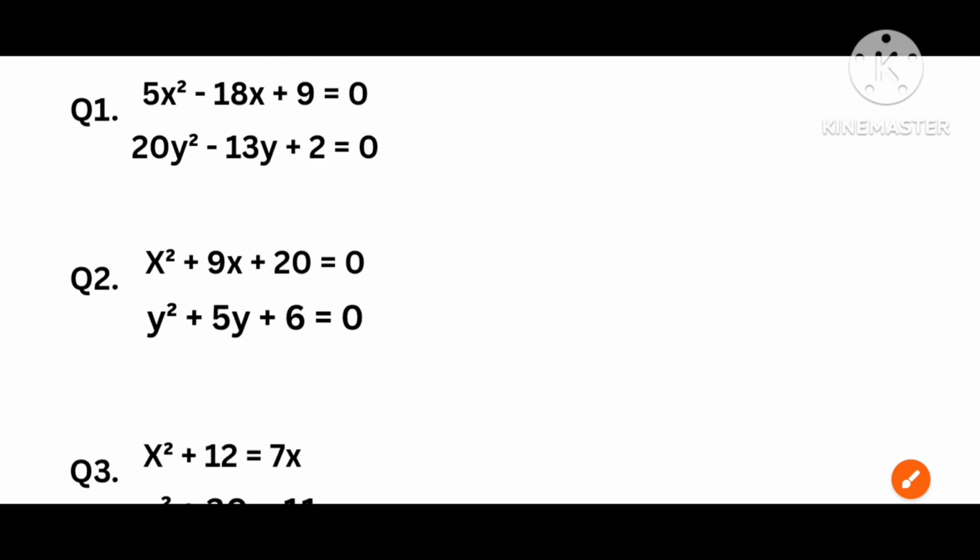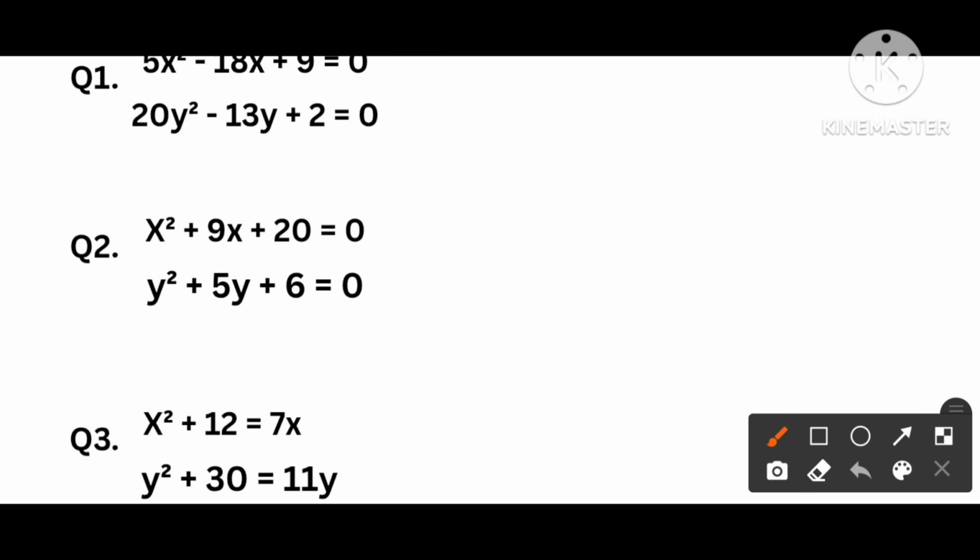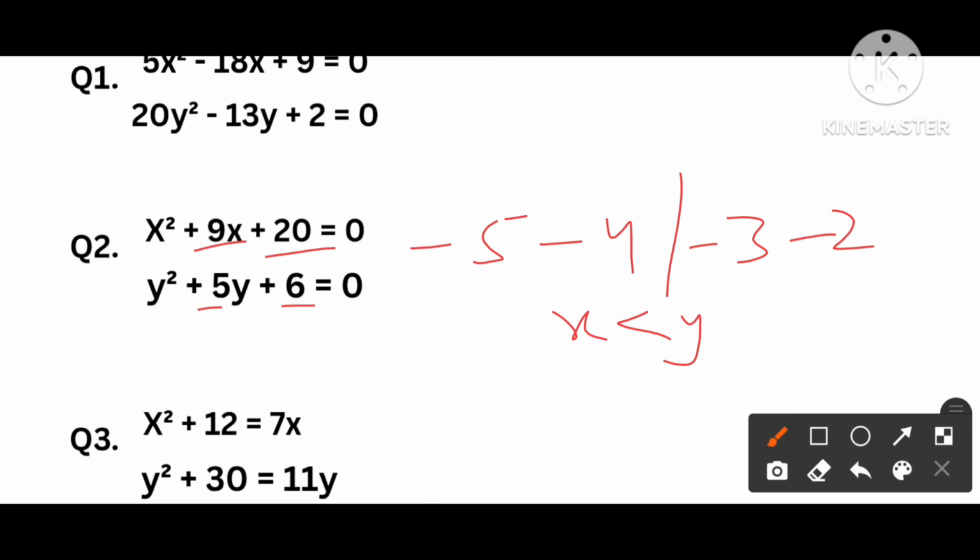Next we are moving to question number 2. Question number 2 says that 20 means 5 times 4. Plus and plus means both the roots are negative. For 6, we need to get 5, which means 3 times 2 will be 6. The sum of these two we get is 5. Plus and plus means both the roots are negative. By comparing these two, it is clear that x is lesser than y. Okay. So the answer for the second question will be x lesser than y.